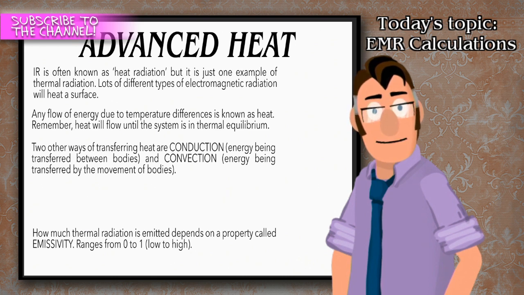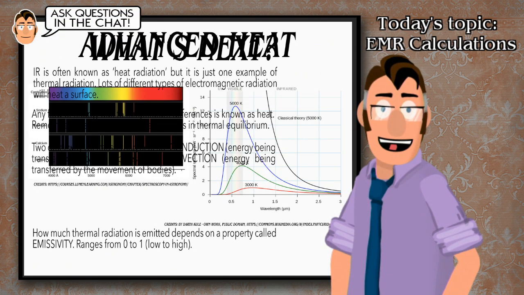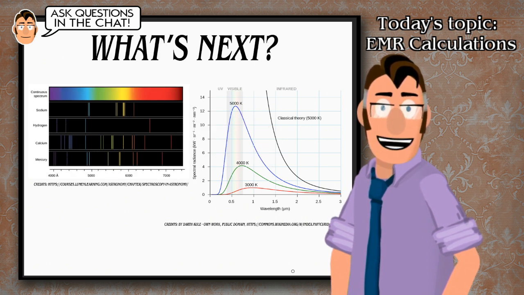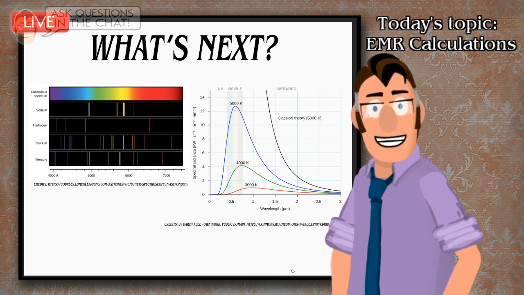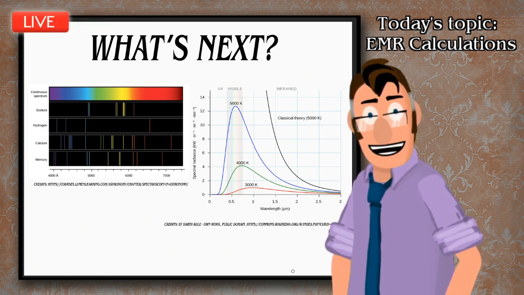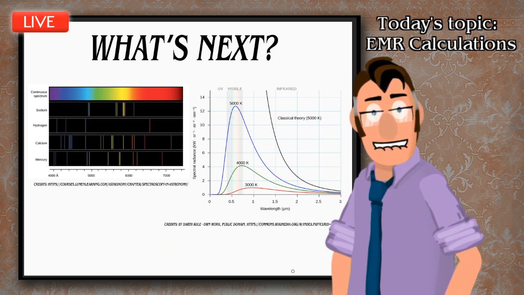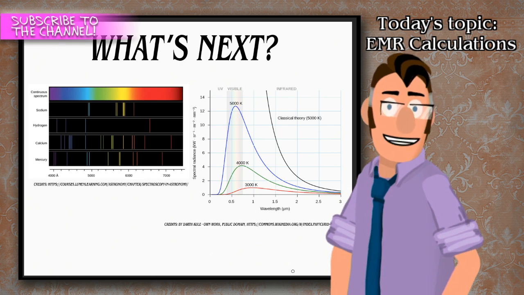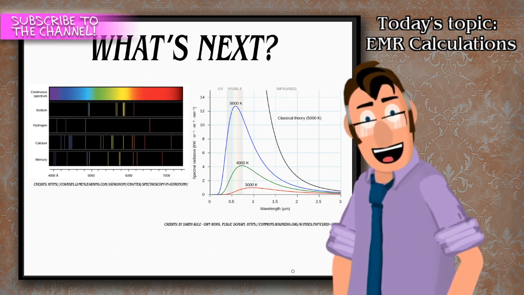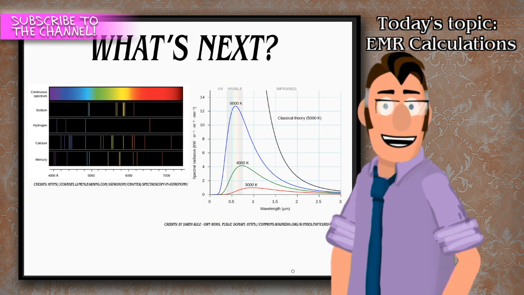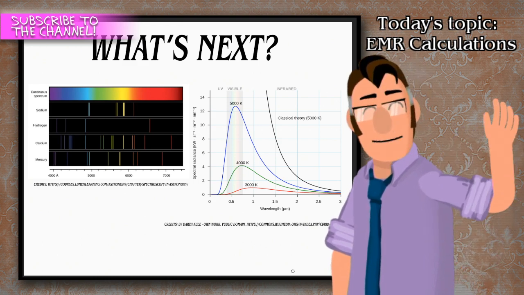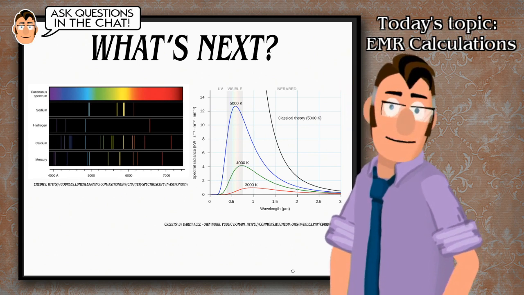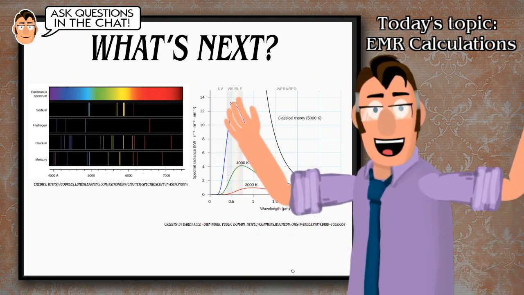All right. And so really, I think the last thing we really need to do here is, let me get rid of all this stuff, is just talk about where we are taking this information going forward. And that's the idea of Max Planck and the idea of the modern view of the atom. So again, when we last left atomic theory, we were dealing with the planetary model of the atom. And that's the idea of we have a nucleus in the middle, and that the electrons are orbiting around it